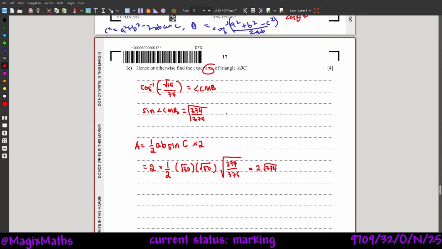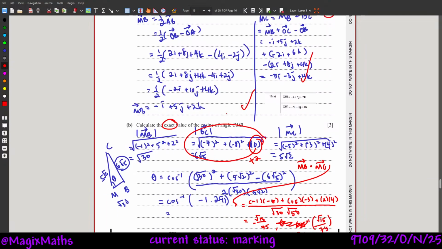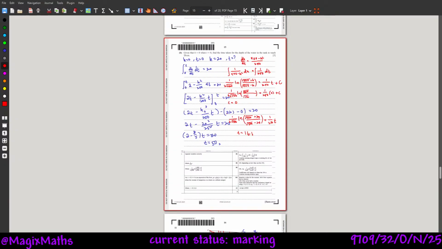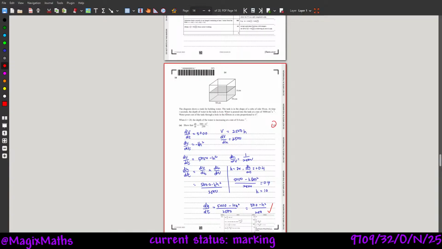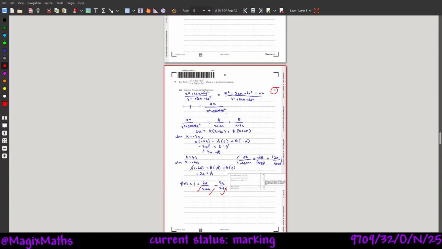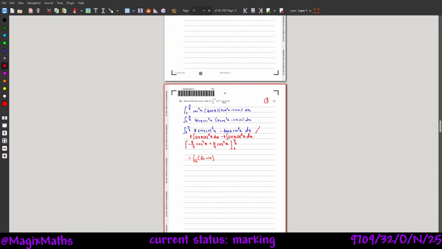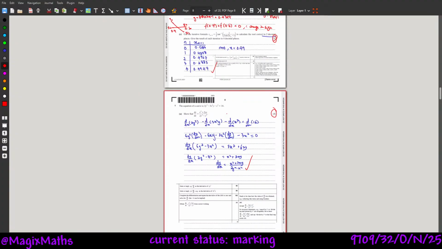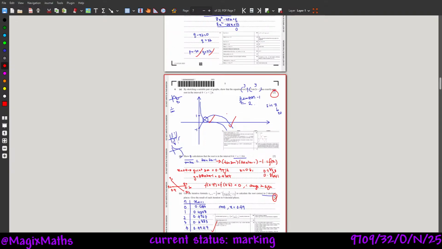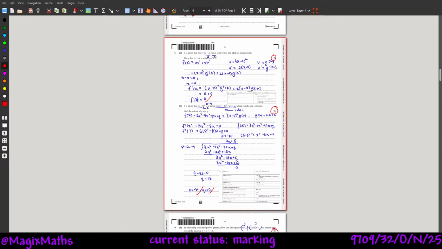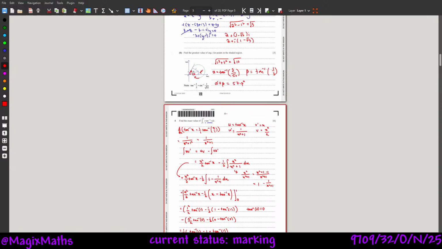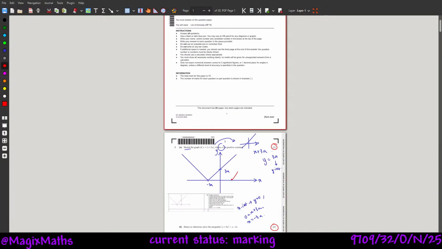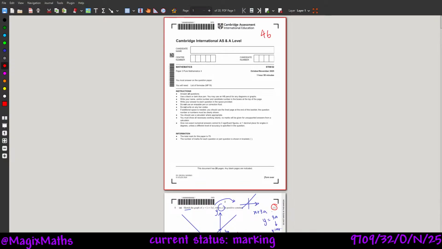Now we're gonna total up our marks. So starting from below, it's a 2 plus 4 plus 4 plus 5 plus 1 plus 3 plus 4 plus 4, 3, 2, 5, 2, 4, 2, 1. So we got a 46 out of